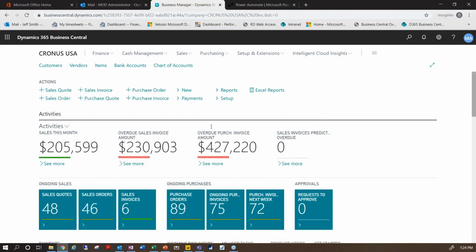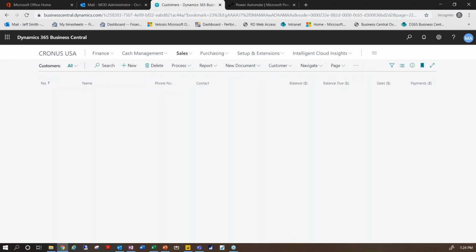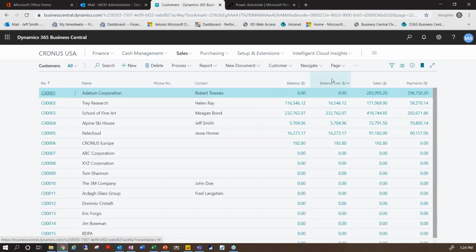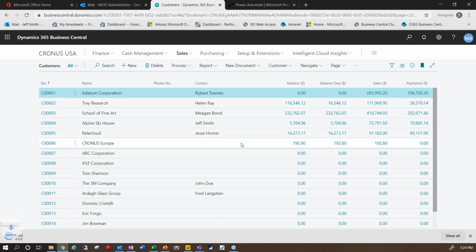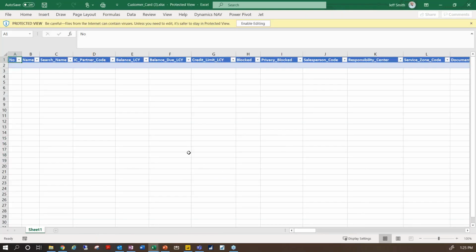Okay, so as we continue on down, I wanted to show just a few more things related to our ability to interface with Excel. So if I go back into my sales area and I select my customers, then I'm going to be able to do some nice things here where I can select the page option, because you can see my list of customers. I go to the page option and I select edit in Excel. It's going to launch Excel as well. And so from here, what I'm going to be able to do is then open up a new sheet. That new sheet's going to actually include my